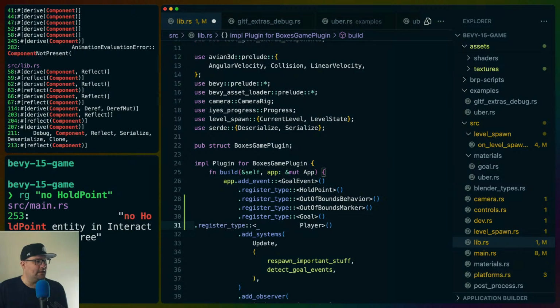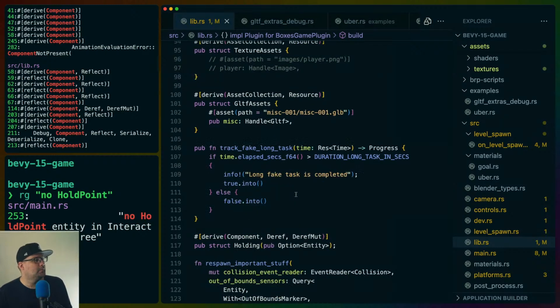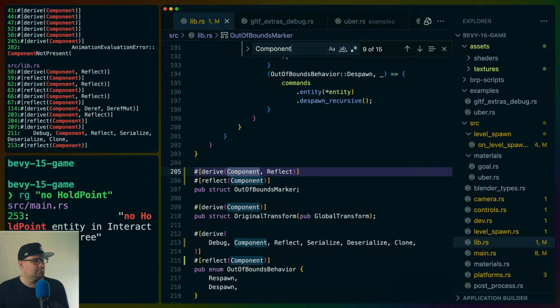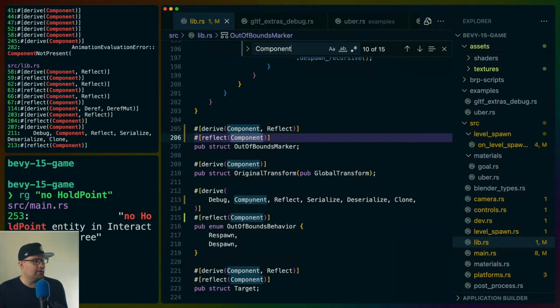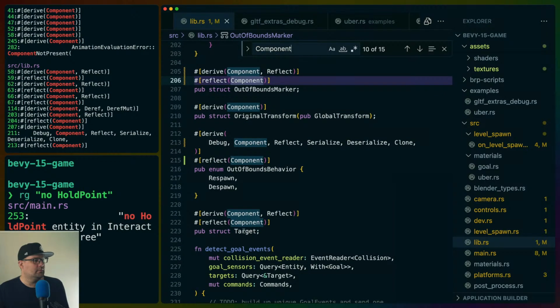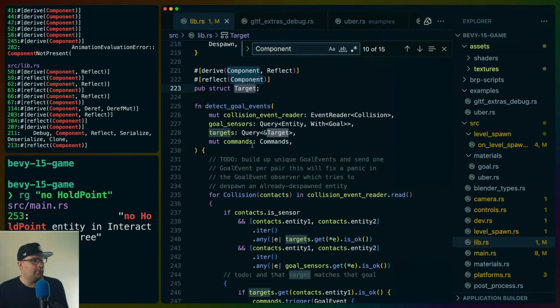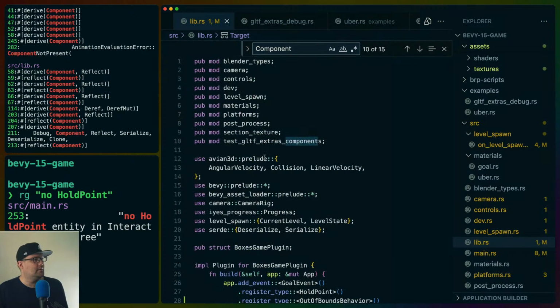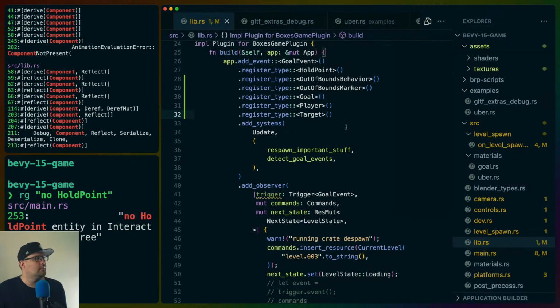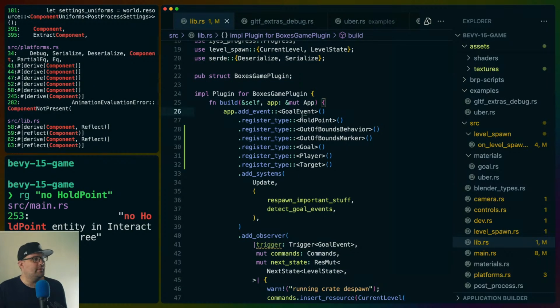And this is the way that we get it into Blender in the first place. If it's registered here, then it'll come through BRP. So out of bounds marker, out of bounds behavior. I think target was one that we didn't have registered. Don't think we're going to do original transform yet. I think auto registration is something that somebody was working on, but